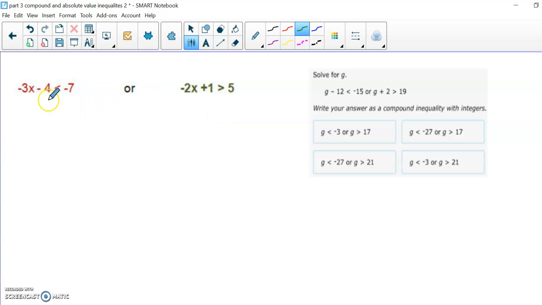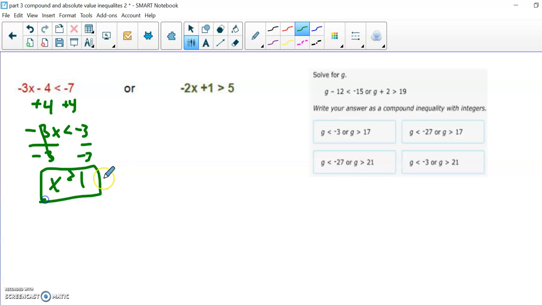Now, an or situation, you can't do it in one statement. We're going to have to do it as two separate statements, which is fine. Let's go ahead and add 4 to both sides. So I get negative 3x is less than negative 3. Divide each side by negative 3. And as soon as we see we're dividing by a negative, I'm going to flip that sign. So x has to be more than negative 1,